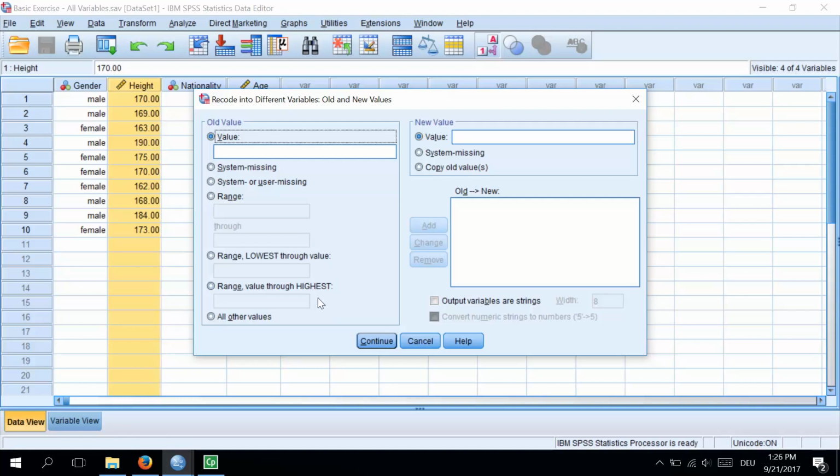And range value through highest will recode all values greater than or equal to some number, to the number that we state here in the box. So, in this example, let's use range lowest through value, and that means that we will recode all values less than or equal to a number we state here. So now we can create